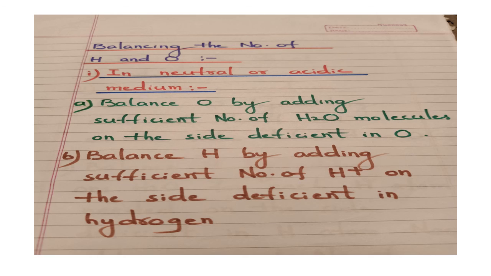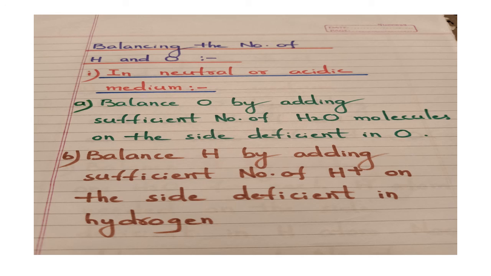Now, whenever we want to go for the balancing of redox reactions, one important point to remember. How to balance oxygen atoms and the hydrogen atoms in the redox reactions? Other parts we can do it. Only we face a little problem in balancing number of O and number of H. For this, one rule is there. So that depends upon in which medium that redox reaction is taking place.